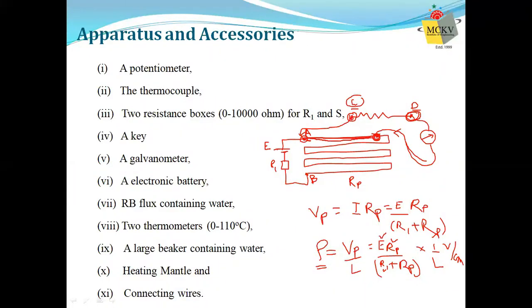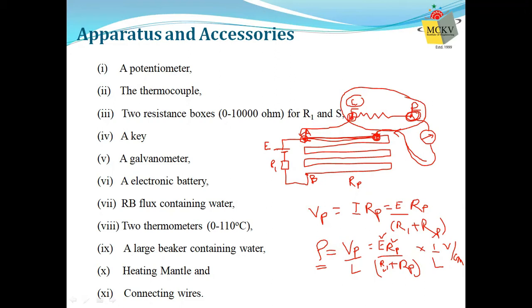So the potential difference across CD that I'm trying to measure is the same as the potential difference across A and the point where the jockey is touching the potentiometer wire. Because only then will the galvanometer show no deflection. These two potential differences would be the same. And please check, in this case, no current is flowing. So this is drawing no current from this circuit, the CD circuit.